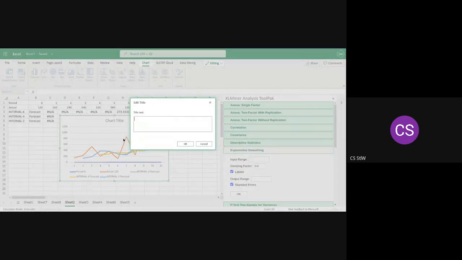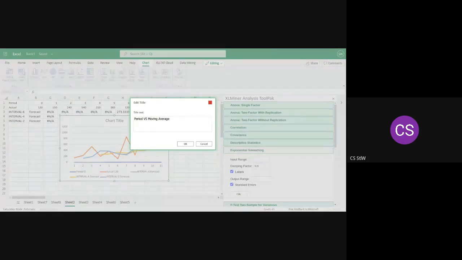So you can now write moving average. So it will not be period,